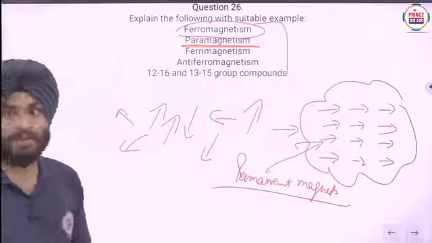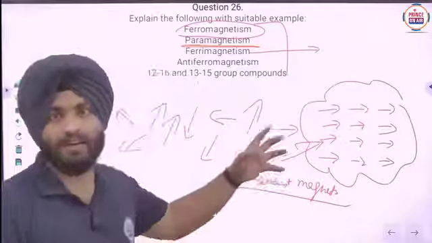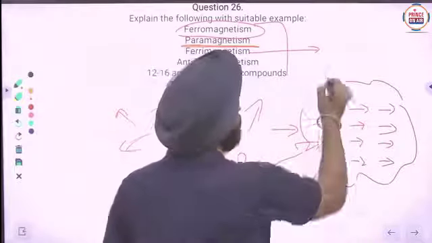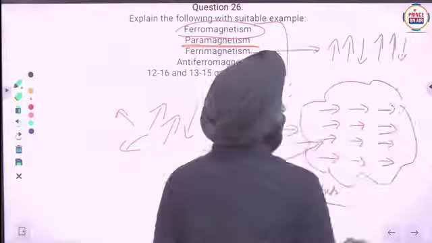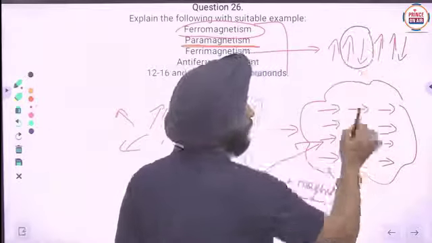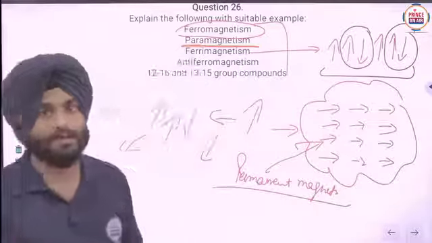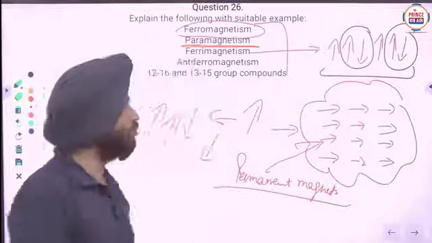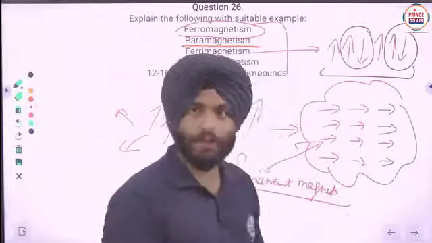Now ferrimagnetism. What is ferrimagnetism? Ferrimagnetism is related to ferromagnetism, but here some of the domains are cancelled out. Okay, you can say domains are like this. Some of the domains are cancelled out, which are anti-parallel to each other, but it still shows some resultant effect in the magnetic field. So some resultant effect is shown due to some parallel interaction of domains. Okay.